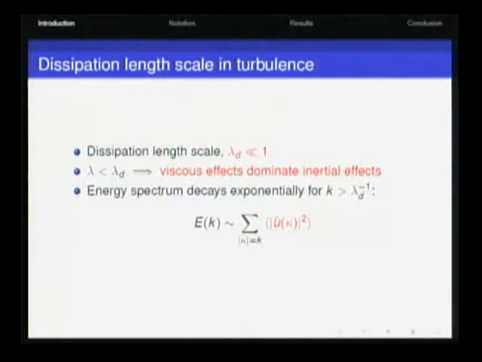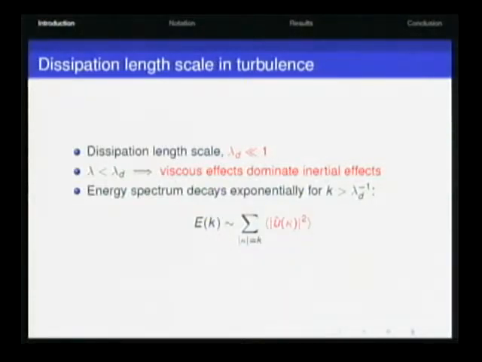So I'll be talking about the smallest scales for the Navier-Stokes equations. And by smallest scales, I'm referring to the dissipation length scale for the Navier-Stokes equations. The dissipation length scale is a length scale which indicates where the viscous effects dominate the nonlinear effects, or where they begin to dominate the nonlinear effects. So one expects, first of all, this length scale to be small. And for length scales smaller than this dissipation length scale, the internal friction takes over and governs the flow